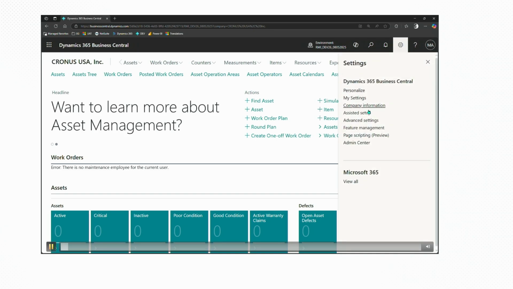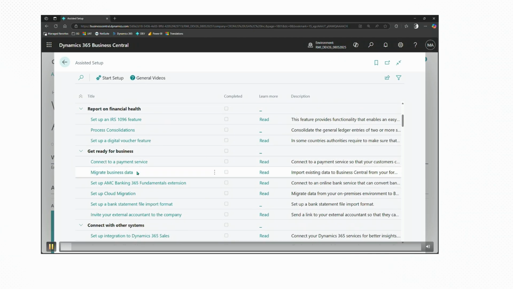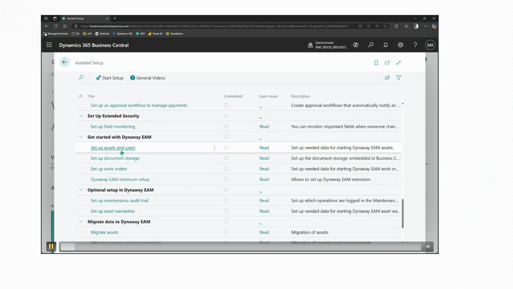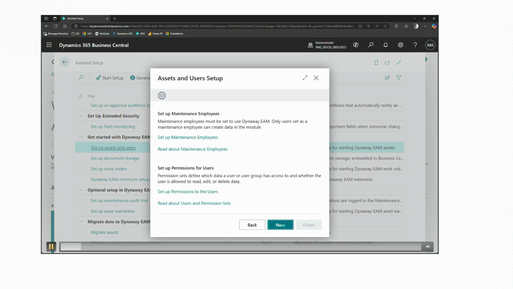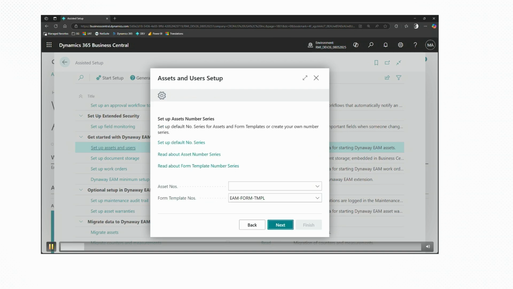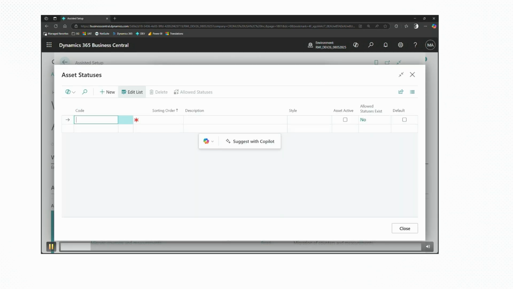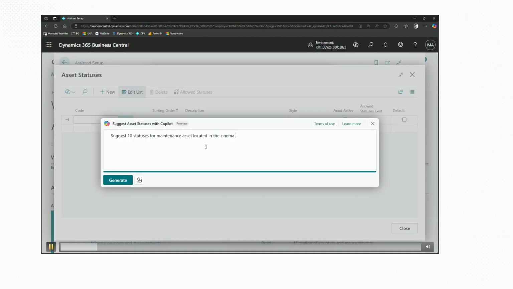So in Business Central, they have the ISV solution, and there is always a step to set it up. You always have this step to set up the solution, where the user needs to go through multiple steps and some configuration. He or she can do it manually, of course. But in this case, they decided to bring Copilot to help out with that. So here's a step where you need to set up some asset statuses, and I'll pause it for a second. You can type it manually, you can use some import from Excel, or you can describe exactly what you need for your industry, for your case, and take it from there.